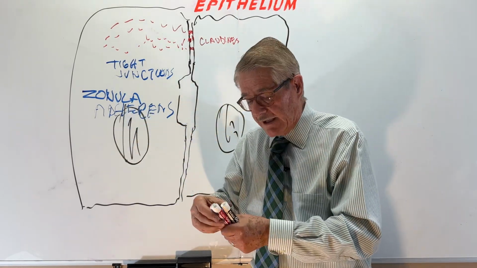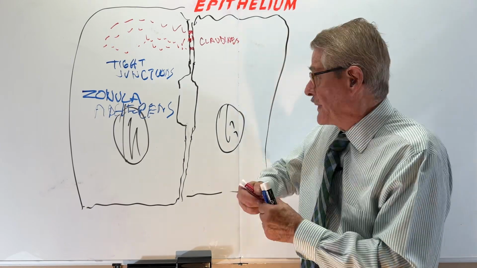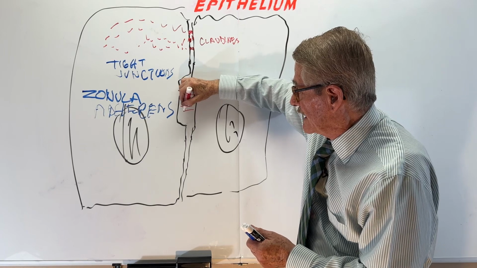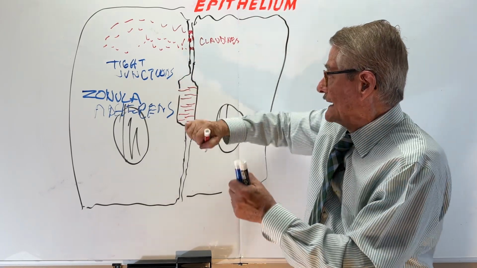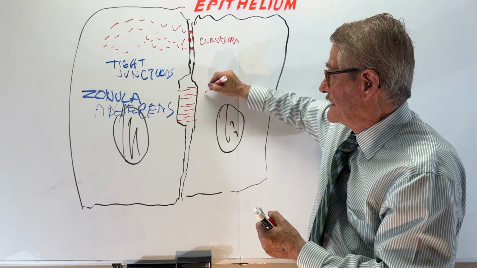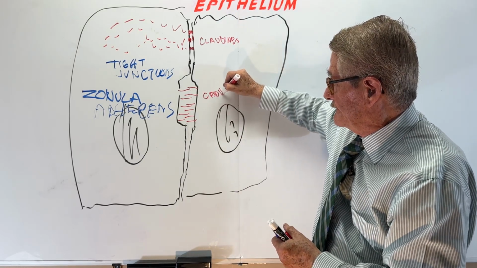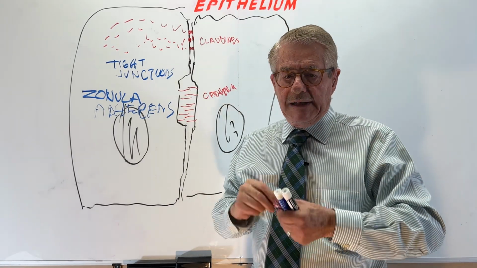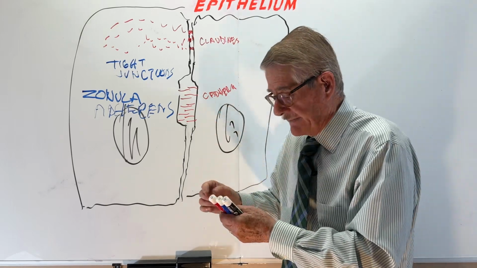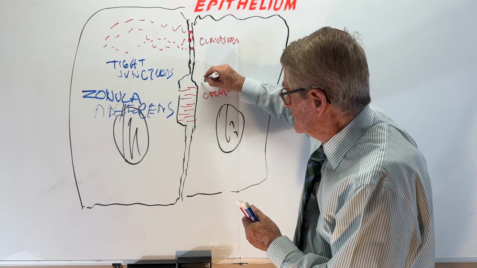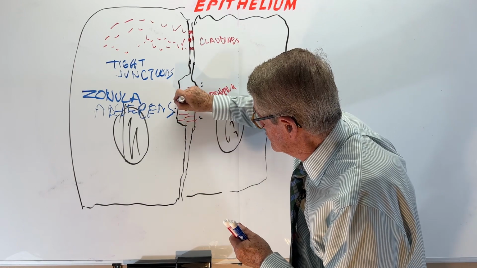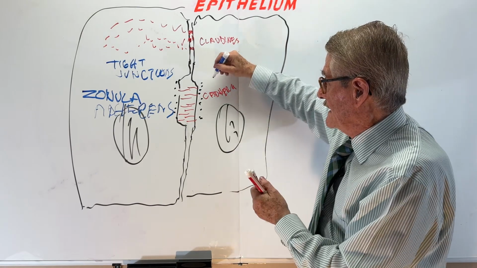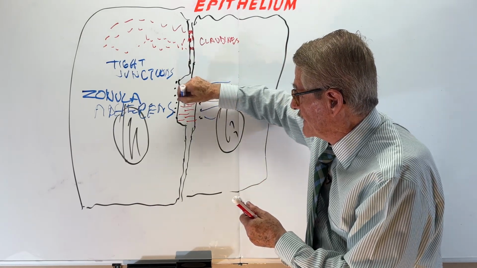Tight junction, zonula adherens. And then you have proteins that come from one side and the other, the cadherins. Cadherins that attach to each other. Well, and also we have obviously some anchoring proteins on the other side. And the filaments of actin, let's make it like this, that are going to be attached to